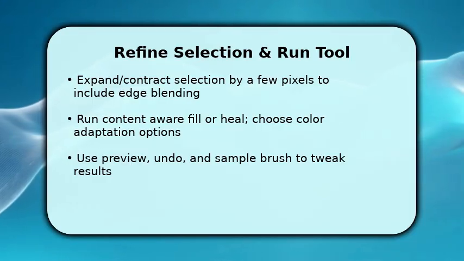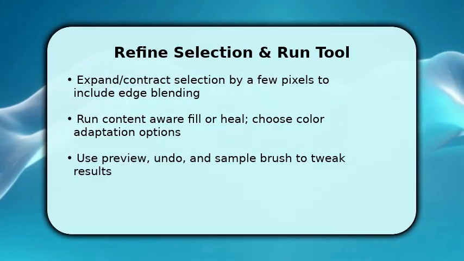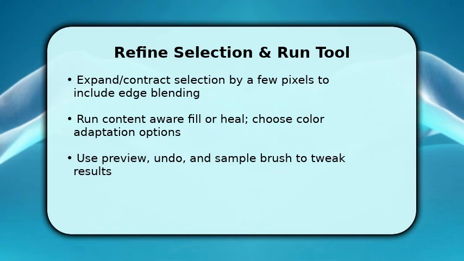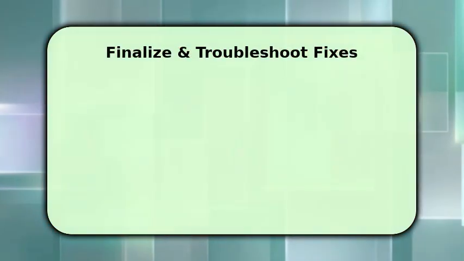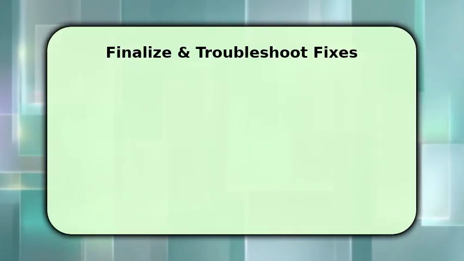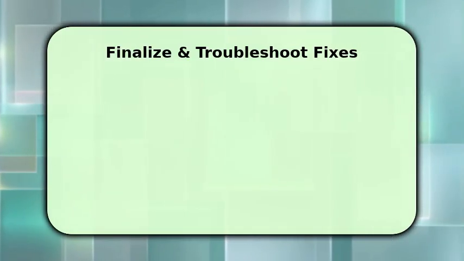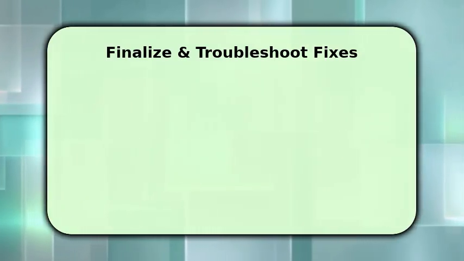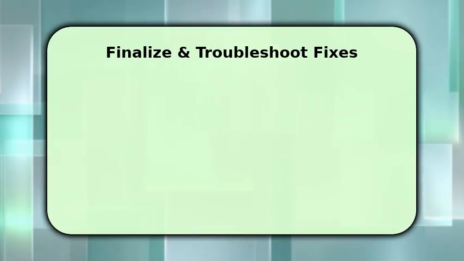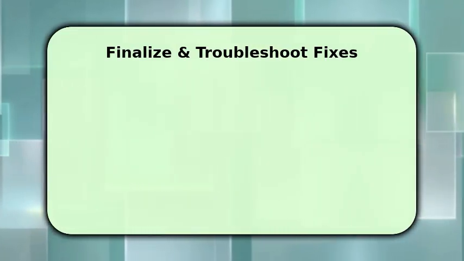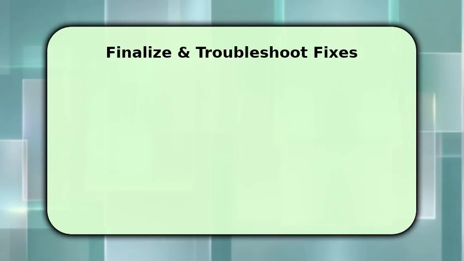nearby detail. Finish by smoothing seams and matching fine texture so the edit is invisible at normal viewing sizes. You'll want to zoom to 100% and use a small feathered healing brush to remove any repeating patterns or tonal shifts. This step explains why manual touch-ups remain essential. If you still see artifacts, retry the process with a larger selection area so the algorithm samples more context, then reapply content-aware. Troubleshooting tip. If fill